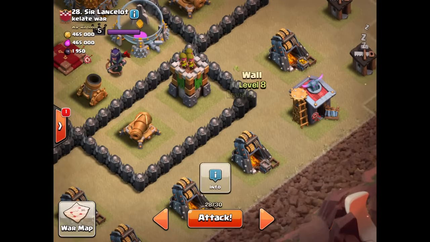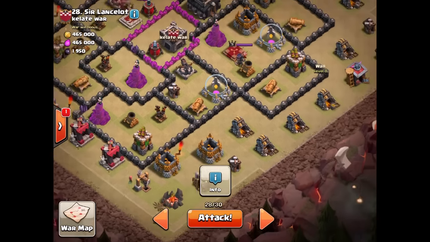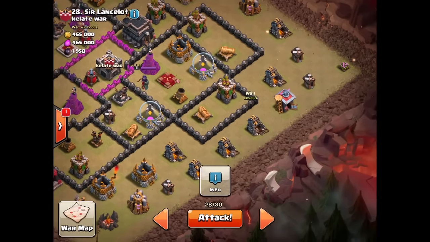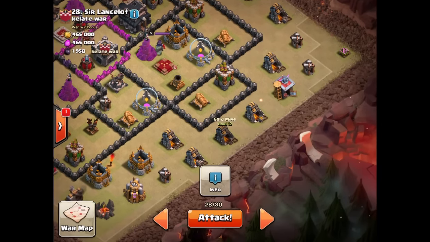And now I'm starting to think this corner looks quite good. So I'm going to need a few more wall breakers in my army comp, and I'm going to need an extra wizard to funnel her in to take down these buildings, particularly